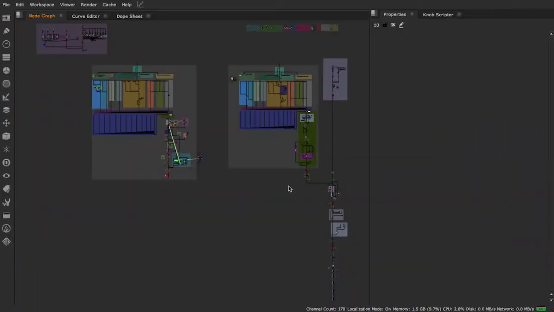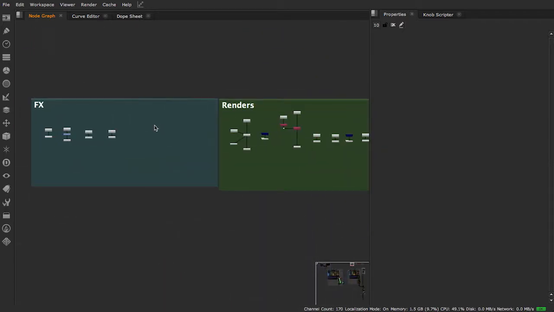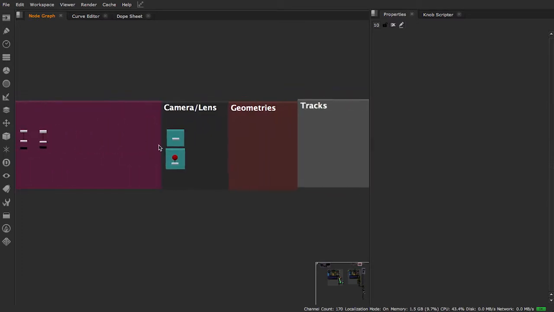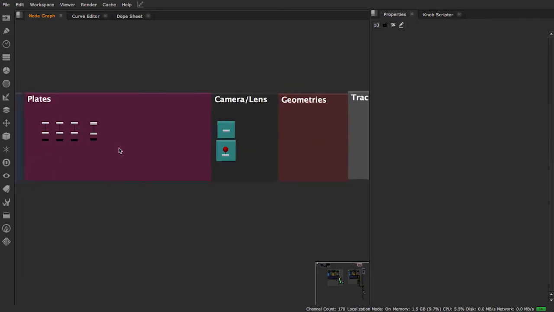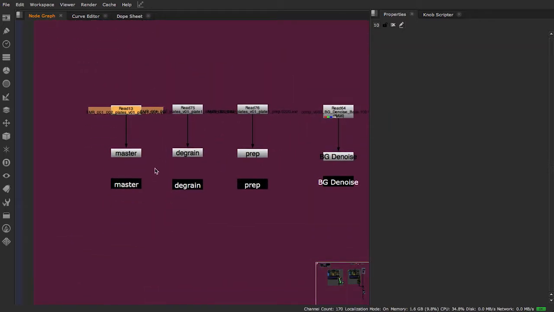As you see, one of the biggest changes that stamps enables is being able to place the assets together, so they are easier to replace at any moment and keep track of them. So on this script, you can see we placed the assets here. We have this group of dropdowns called effects, renders, comp assets, plates, camera lens, etc. So for each of the backdrops, you have all the needed assets for that shot. For example, in plates, you can see the master plate, which we have a stamp named master, the degrain, prep,